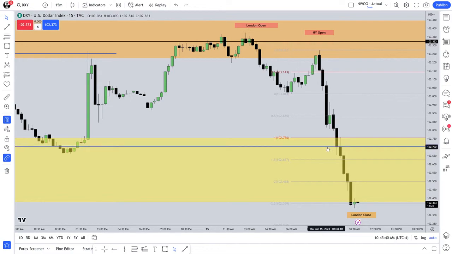Your first partial would be something like below here, or at the consequent encroachment of this wick, right there. So midpoint of that wick, that low or that low, which one do you choose as your first partial? Neither one of them is incorrect. But you're framing where you think the low-hanging fruit objective is. So that's your initial draw. And then you watch and see, once it gets there, you leave a partial on. How much? Whatever you're willing to hold on to.